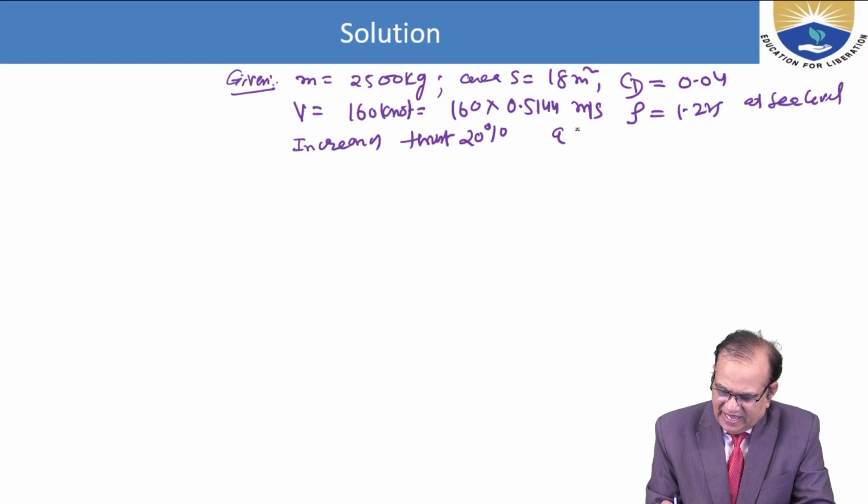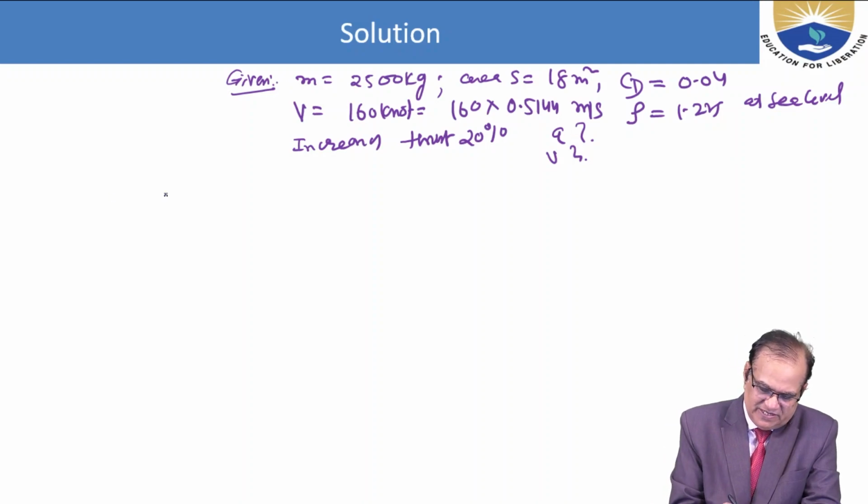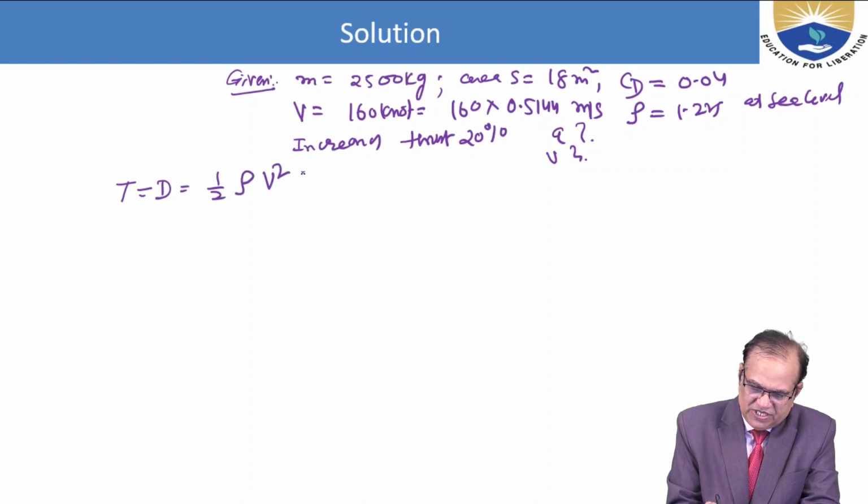Calculate the acceleration and the final velocity. Okay, so we know that from the equation of motion, thrust is equal to drag, and this is half rho V square S